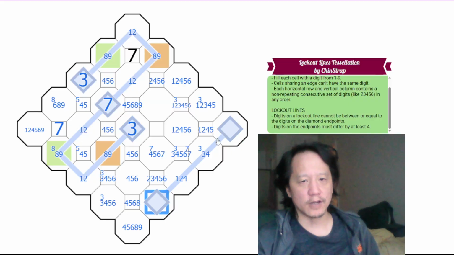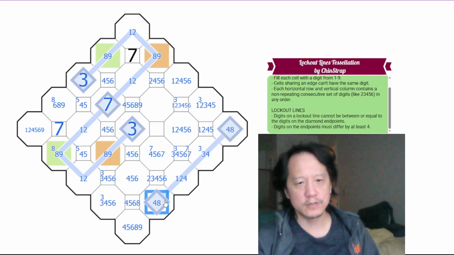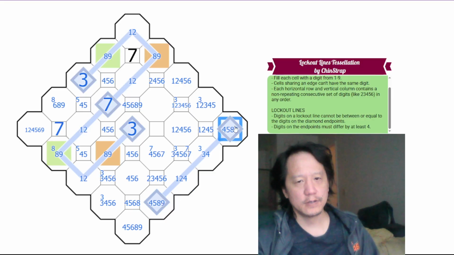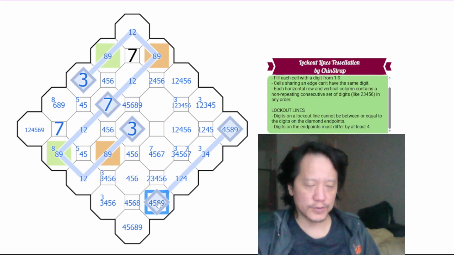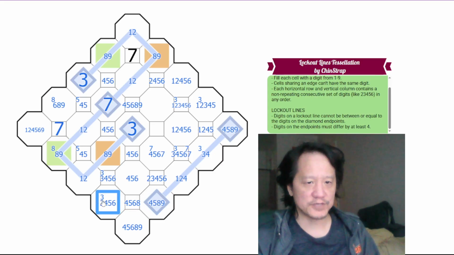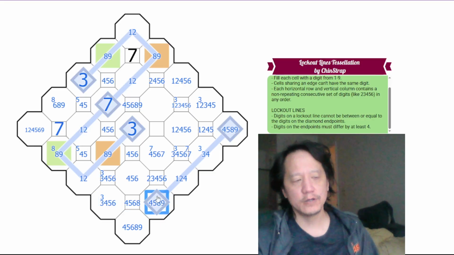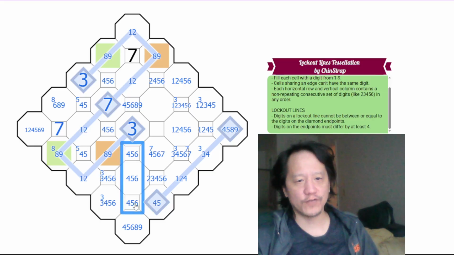So the lockout line, if you have 3, it has to be between 4 and 8, 4 and 9, or 5 and 9. If it's 4, it's obviously between 5 and 9. So this digit can never be... We don't have a 7 available for any of these digits. So this cannot include 8 or 9 here. Which means we have a 4, 5, 6 triplet, which eliminates 4, 5, and 6 in the rest of column 5,